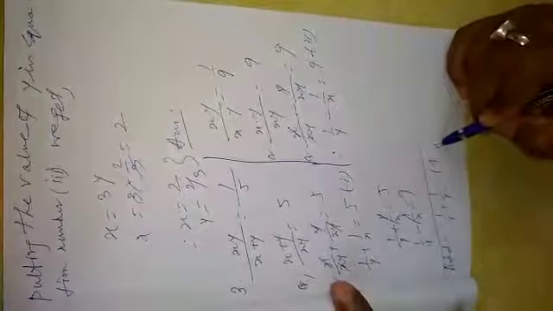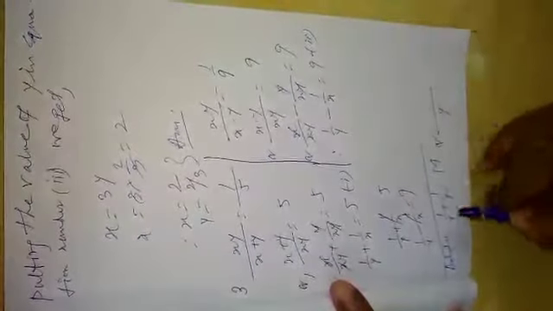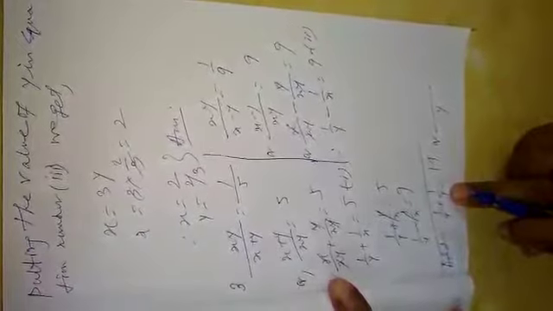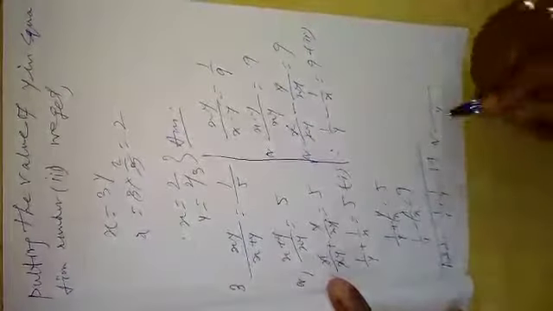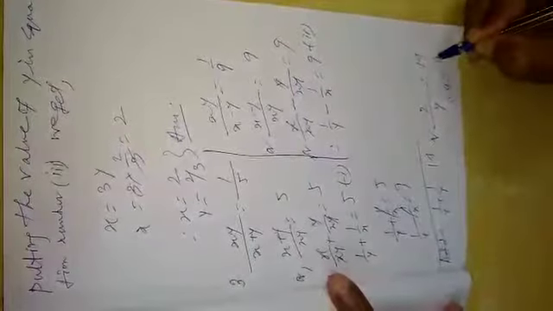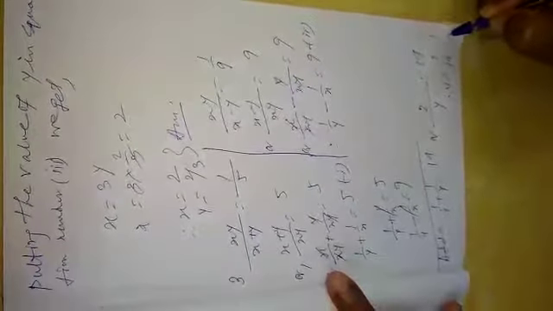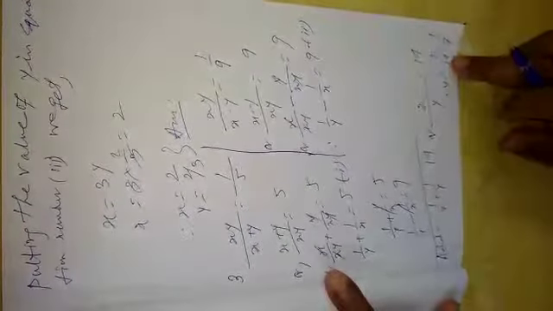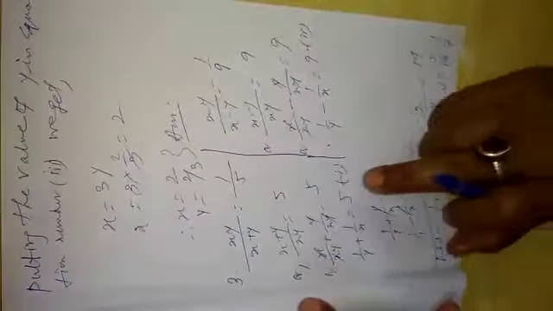LCM is y, here y, and that is here also y. In the denominator portion, the 1 plus 1, that is 2, equal to 14. Therefore y is equal to 2 by 14, that is 1 by 7. So you have to put in the value of y in any one, either equation number 1 or 2.